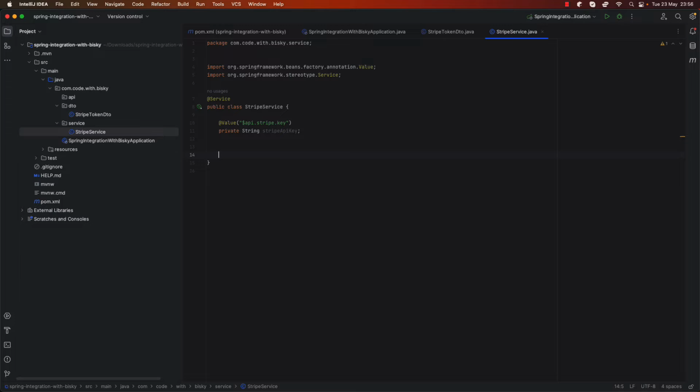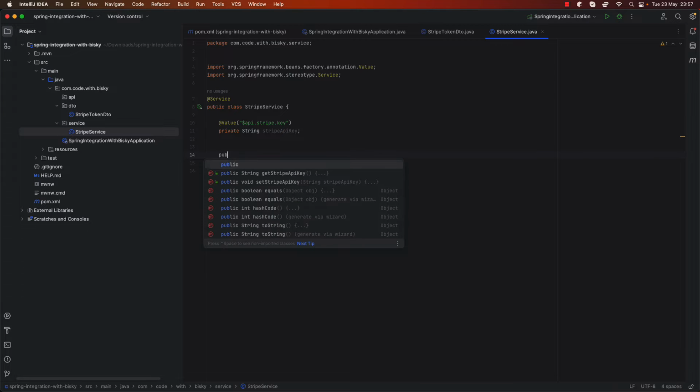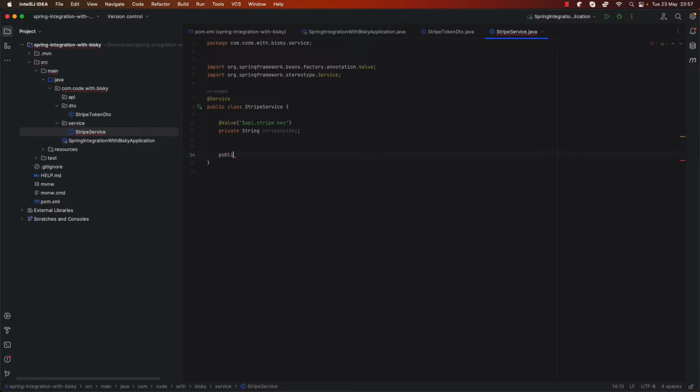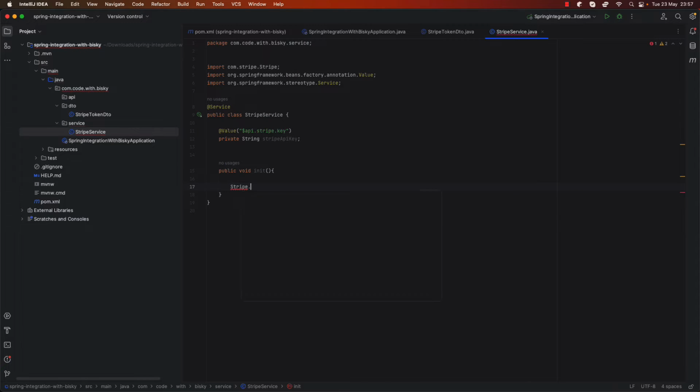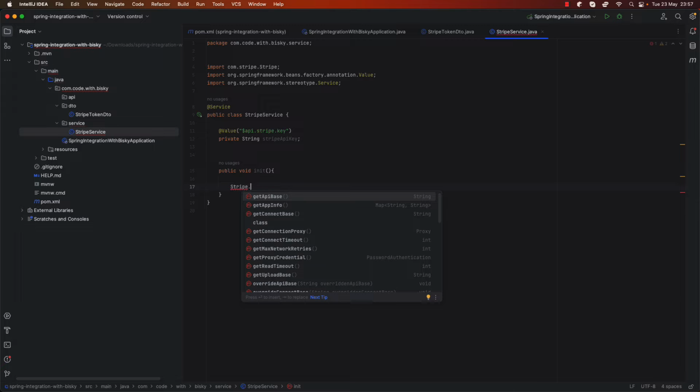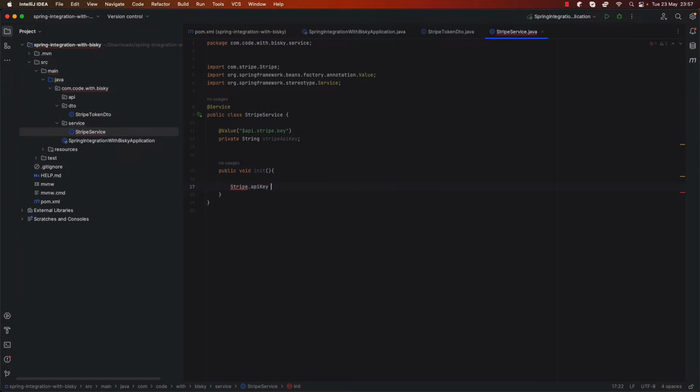Then let's have our method init. We want to initialize our API key here. I showed you on the previous video how to initialize our API key. This is how we do it: Stripe.apiKey equals Stripe API key. So let's add this key